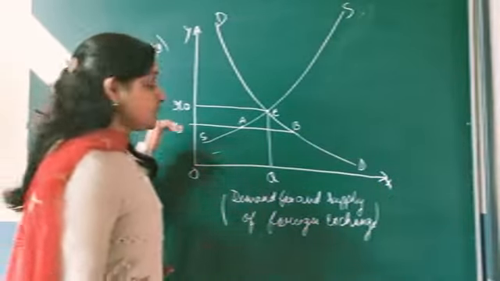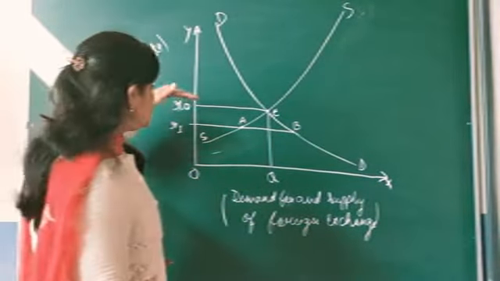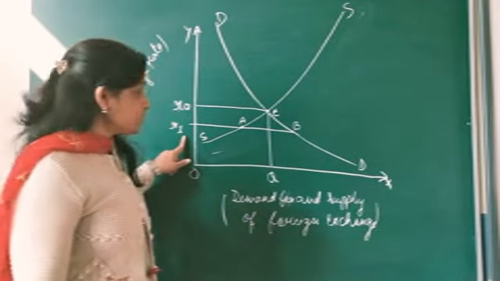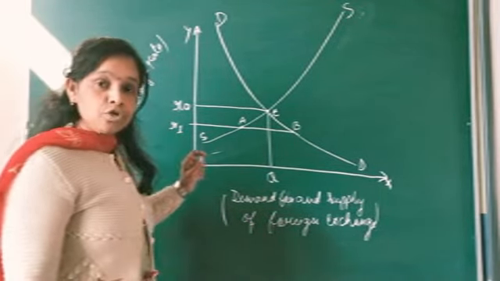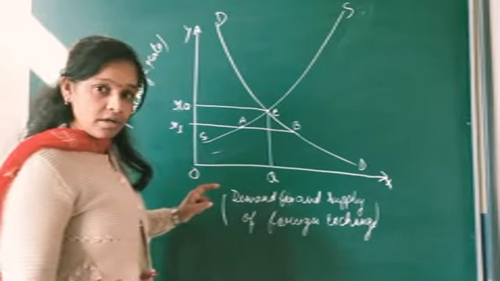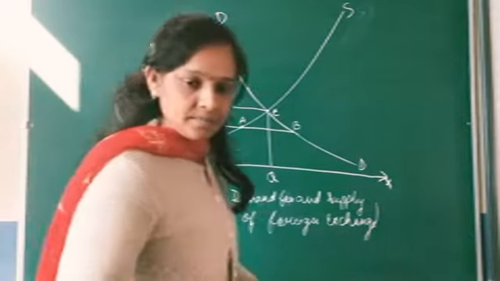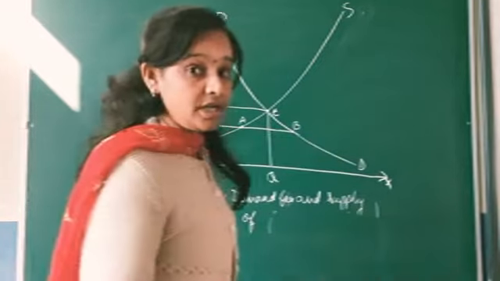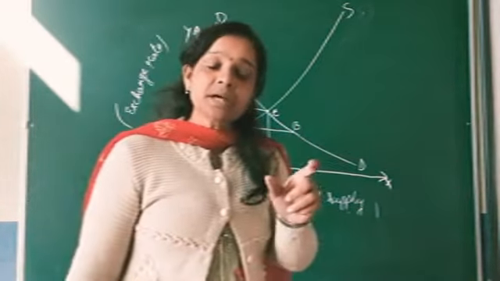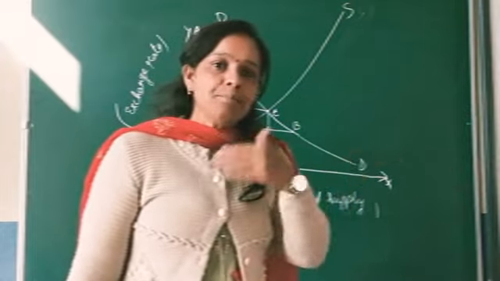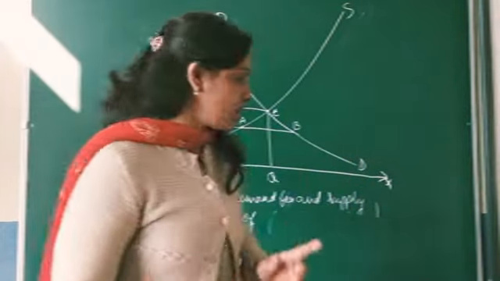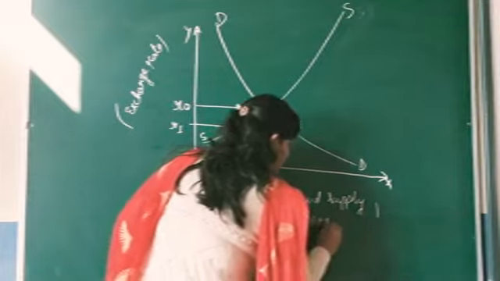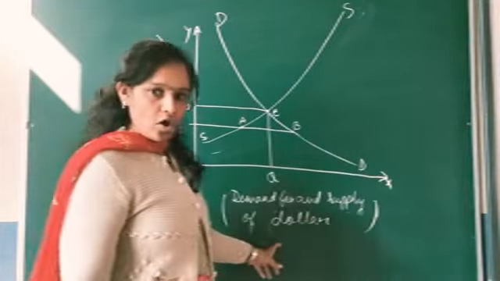Now if the equilibrium exchange rate is determined below R2, that is R1, then the total demand for dollar, is it clear? Here you write dollar in place of foreign exchange. What is the foreign exchange? The standard currency with which we compare the currency of any country is the dollar. So here you write demand and supply of dollar. Is it clear?